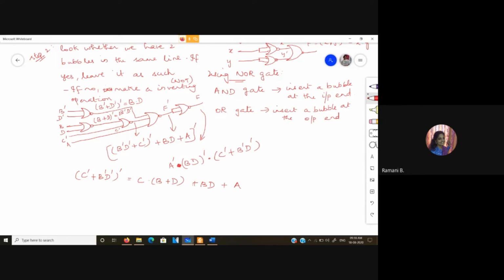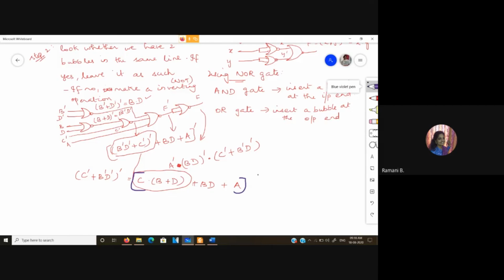Okay. So here with the first step, I have this term bd as such, and the output of this particular NOR gate is b bar d bar plus c bar the whole bar, which is nothing but c dot b plus d. And then all these are fed to the NOR gate. So I am actually having all these terms given to the NOR gate.